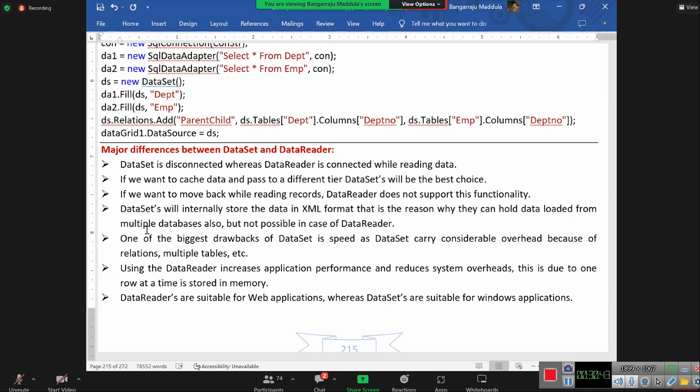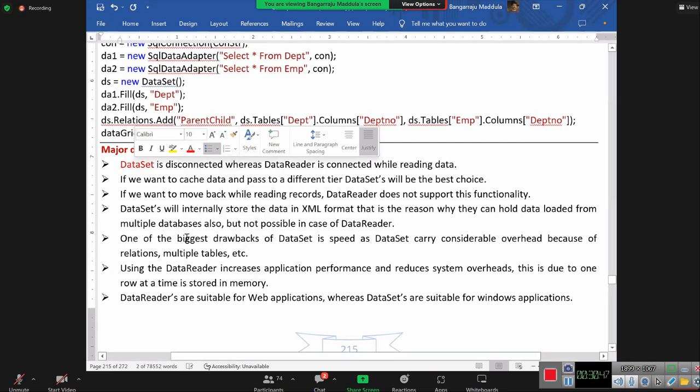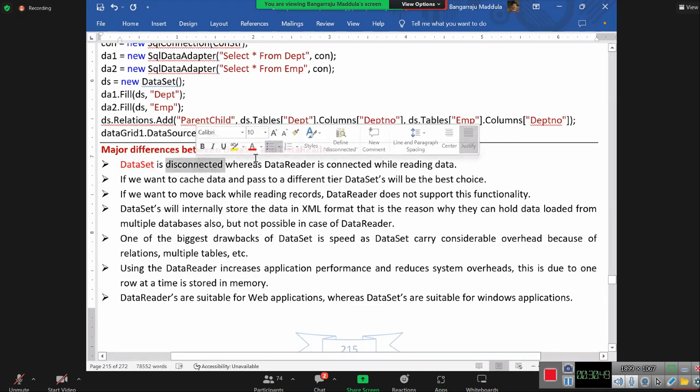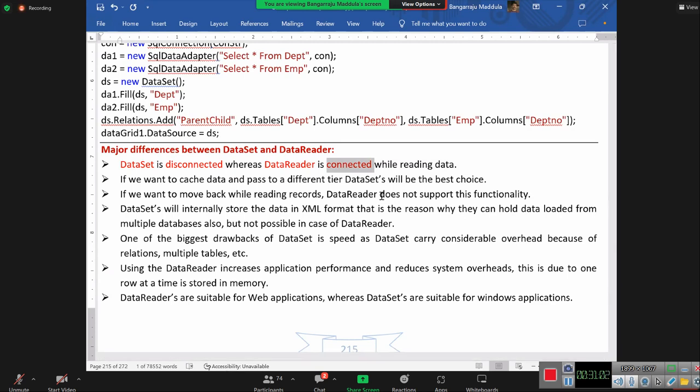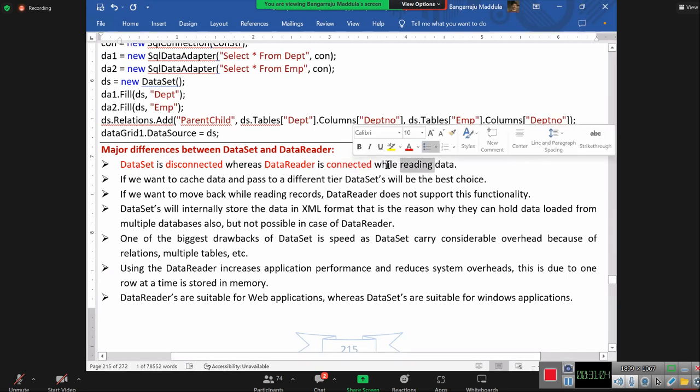Data set is disconnected, correct? Come on, respond. Data set is disconnected, whereas data reader is connected while reading the data. Correct or not? We already discussed about data set is disconnected, data reader is connection oriented. If connection closed, we are not able to read the data. Okay, while reading data, that's the first thing what you require to notice here. Second,